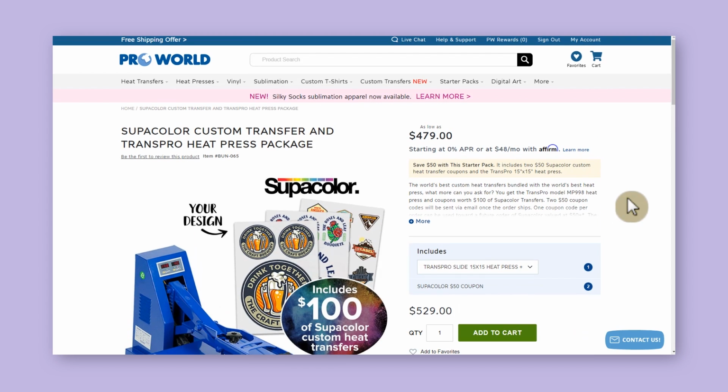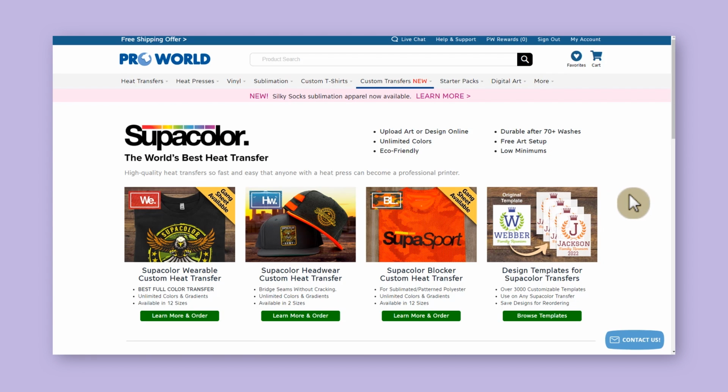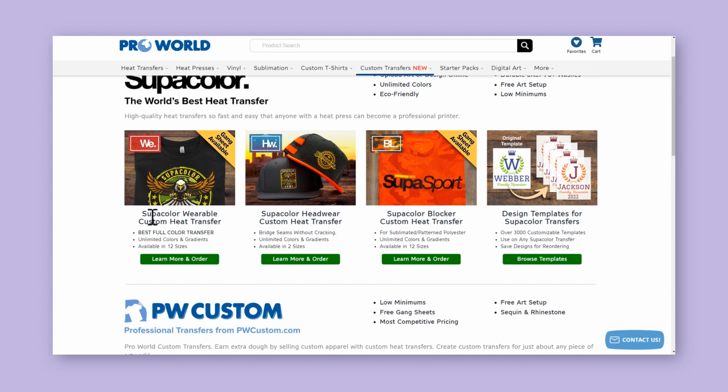So when you go to order your transfers, you're going to start at this menu bar at the top of Pro World's website and click on Custom Transfers. Then you have some different options when you get to the Custom Transfers page, but the product I'm going to show you how to work with today is the Supacolor Wearable Custom Heat Transfers. You do want to keep this in mind because